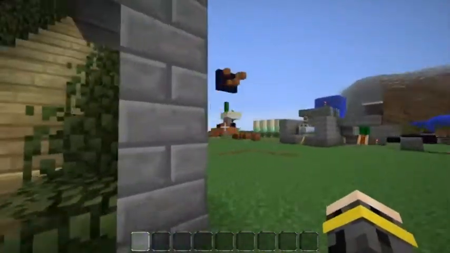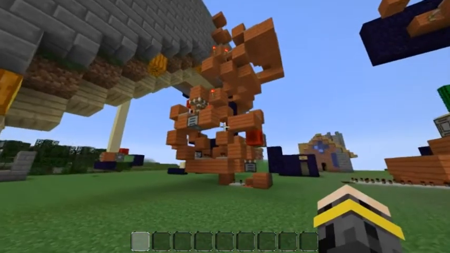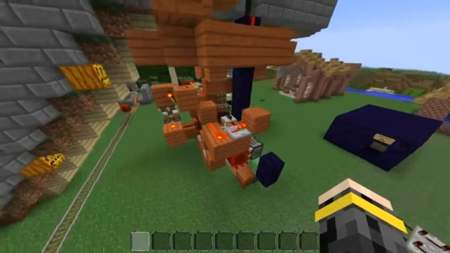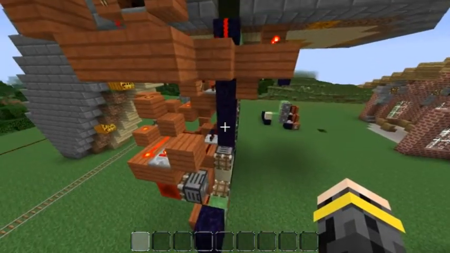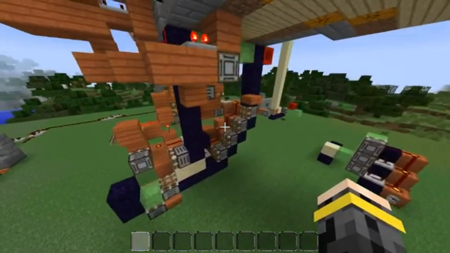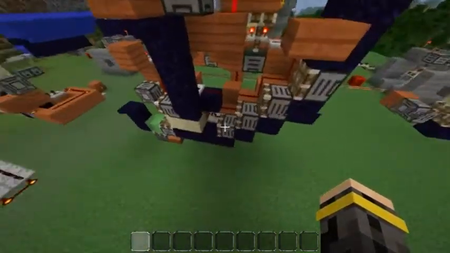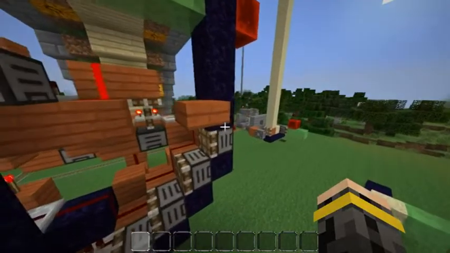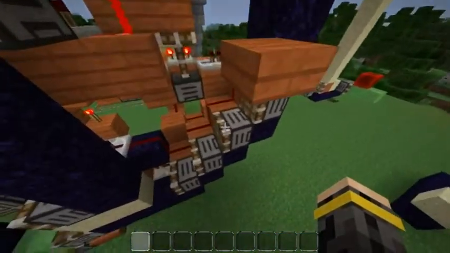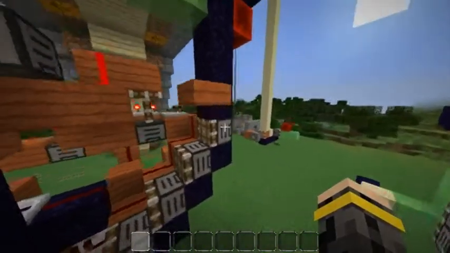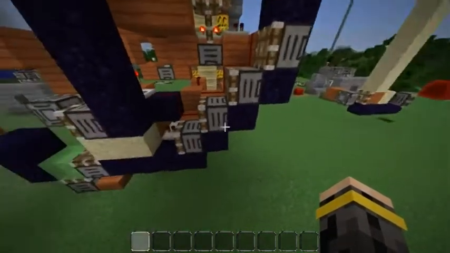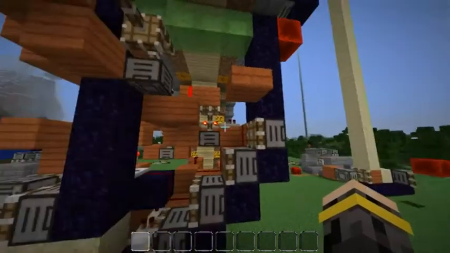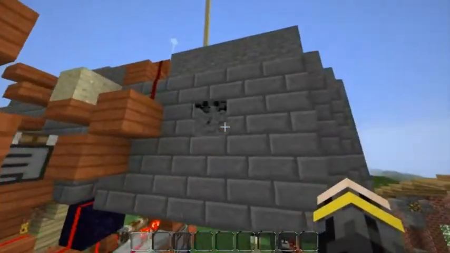So this is way too complex to really show you how it works here. I guess I can talk about how I got the sand to move into one row. So the sand falls down and on top of these pistons, and so I just have pistons staggered down one each, and so when I trigger